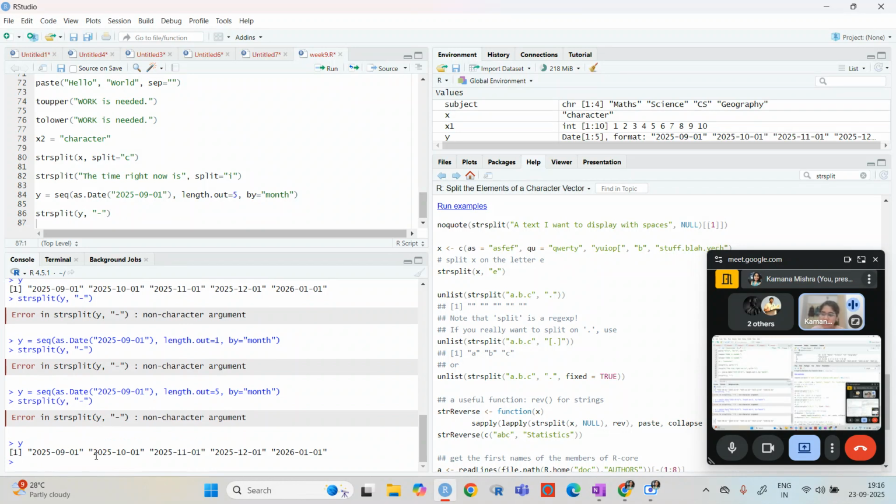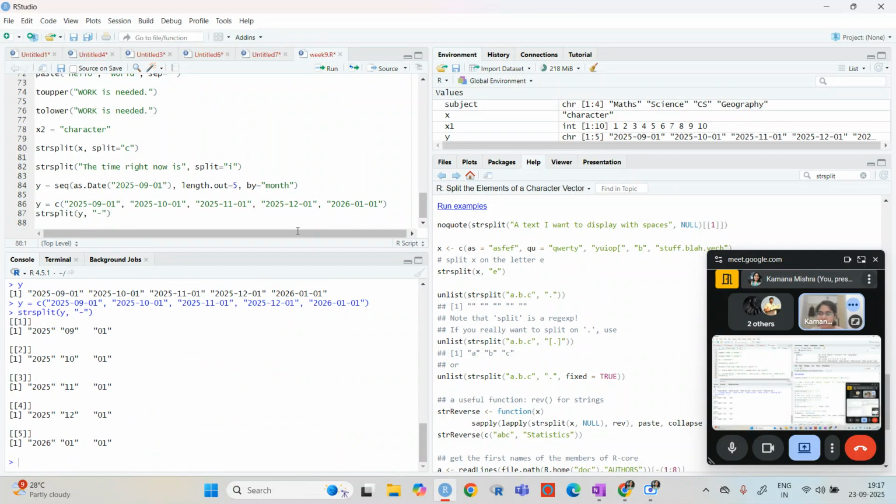I think that is why it is not working like this. So let us just write whatsoever here, and we will write in that comma way. So I'm just going to separate like this. Now it is splitting in that way.